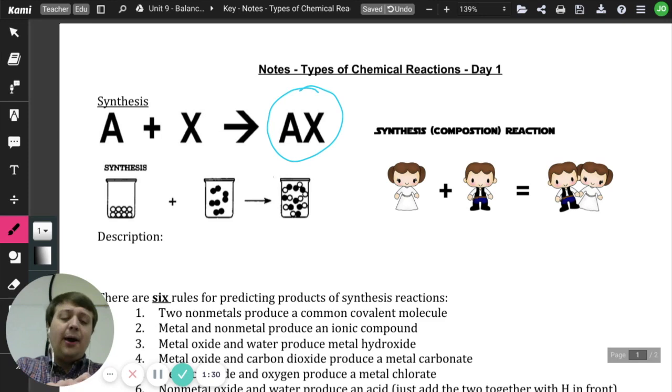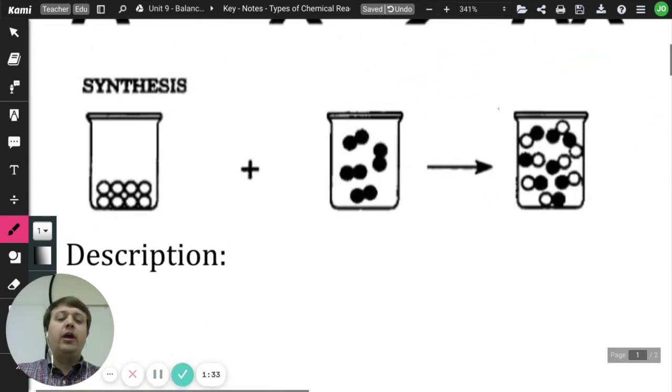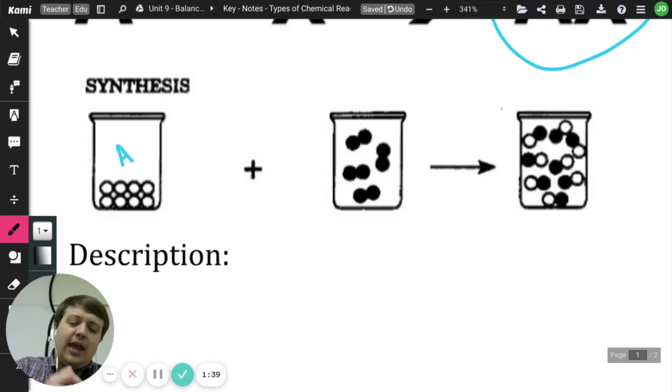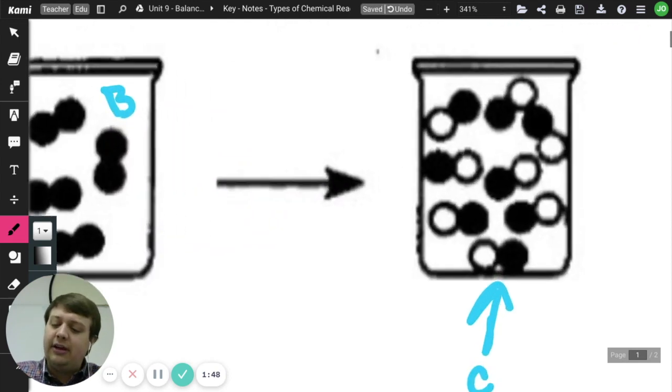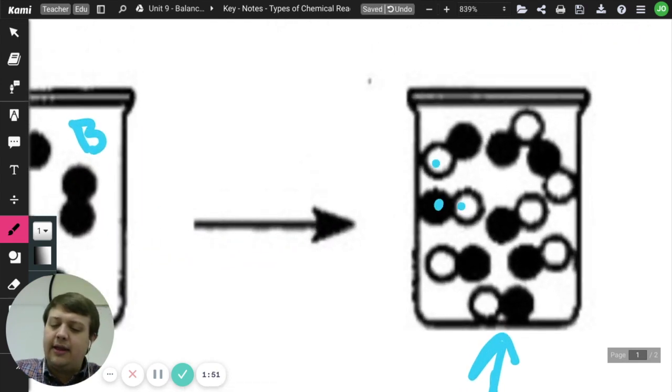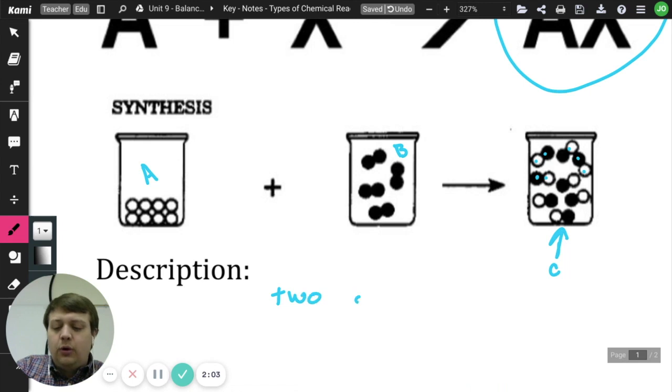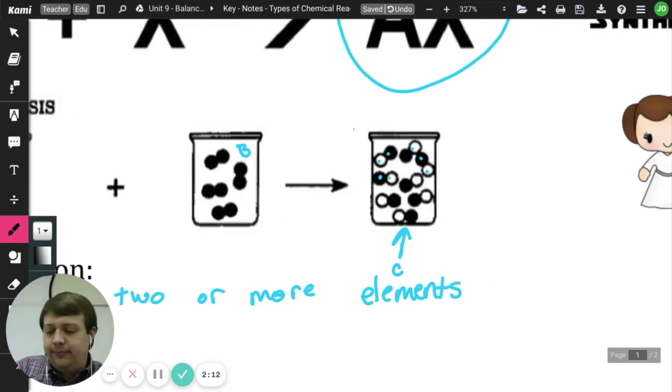Now, in terms of the particle view, I start with substance A and substance B, and they combine to form substance C. If you look, substance C is A and B mixed together: AB, AB, AB, AB, AB, and so on. That's what you will always see with a synthesis reaction. Essentially, we're going to see two or more elements or compounds, and it can be elements or compounds,